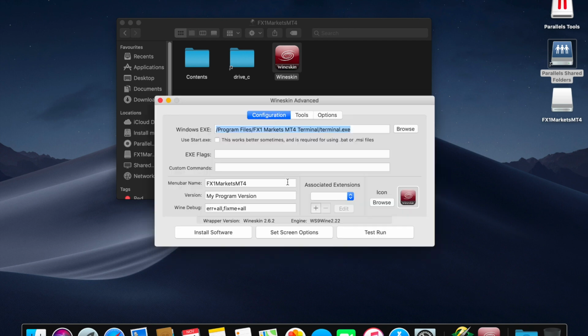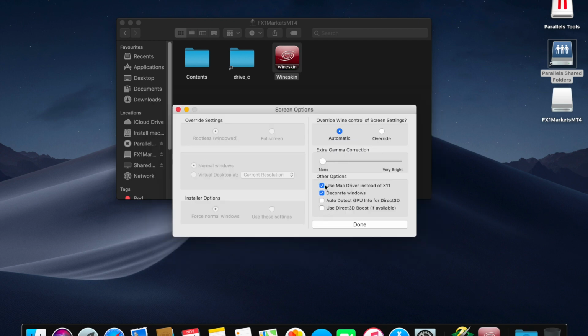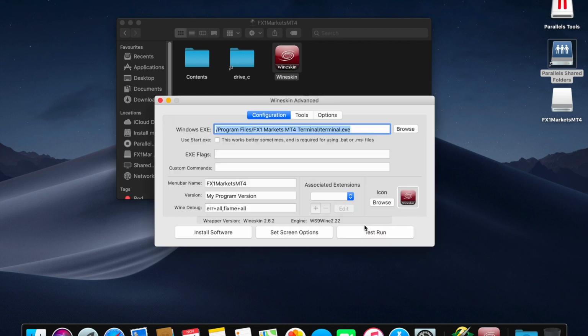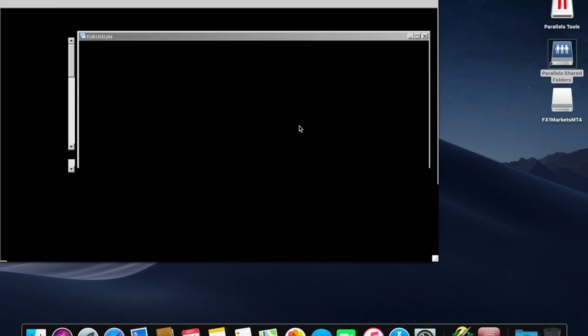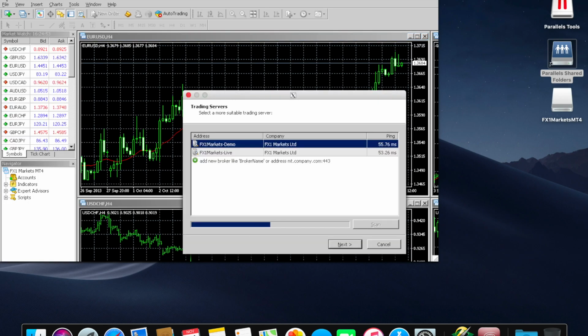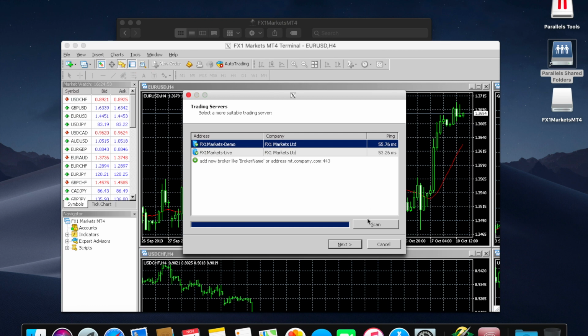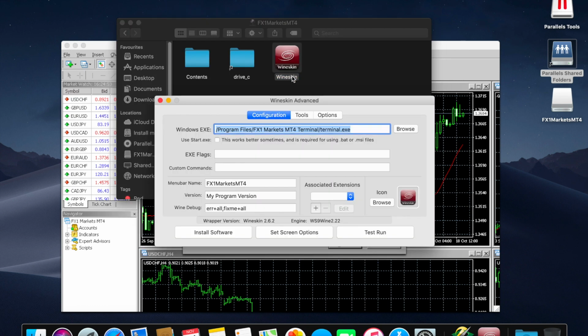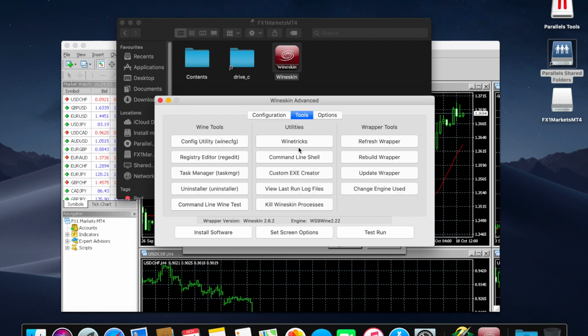You go to Advanced, set the screen option, make sure you tick the first box as well, then done, and then you will have the MT4 application. There are some more settings you can do with WinSkin in the tools,